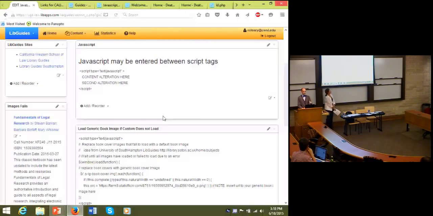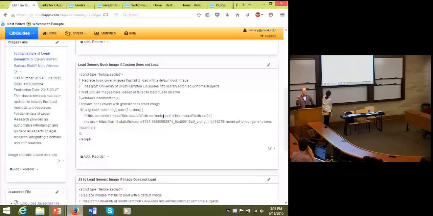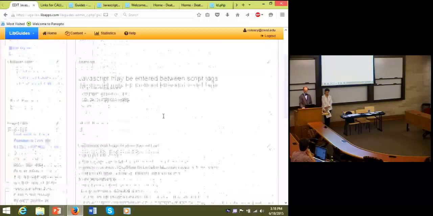And what I've done is, when you have books on your site with version 2, you can have this default blue book icon, or you can upload a version of a book. But what happens over time, if you're not checking it every week or every month, is that link will go dead unless it's part of your LibGuides. So if you're just linking to Amazon for the picture of the book, eventually it'll go dead and have this error message, which is